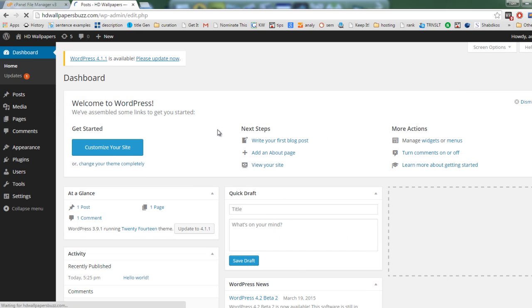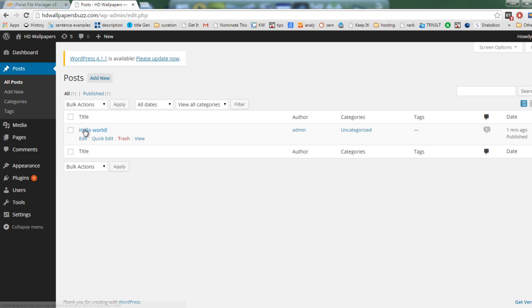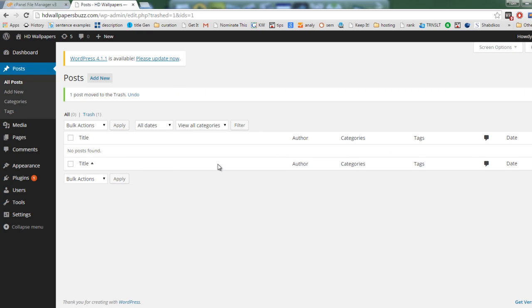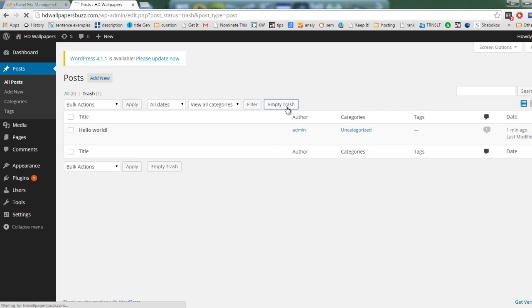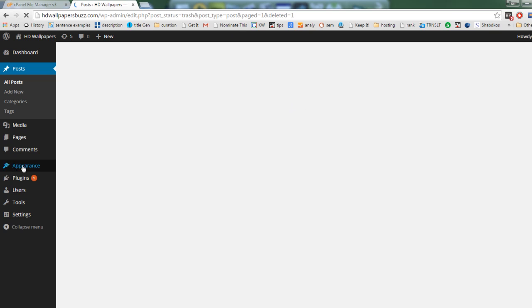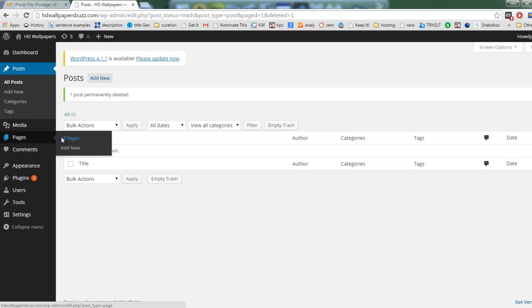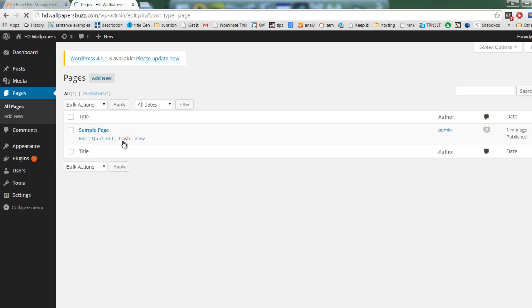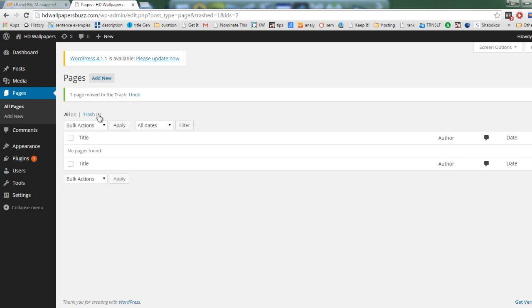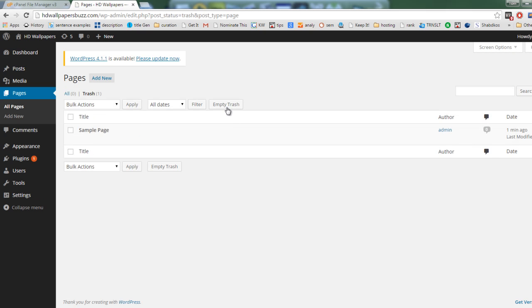And actually, WordPress comes with two posts. One is Hello World. You can always delete it. You choose to delete it, it goes in trash, and empty the trash also by clicking the empty trash here. And there is one page, sample page. You need to delete that. This is called cleaning up of WordPress. And just empty the trash